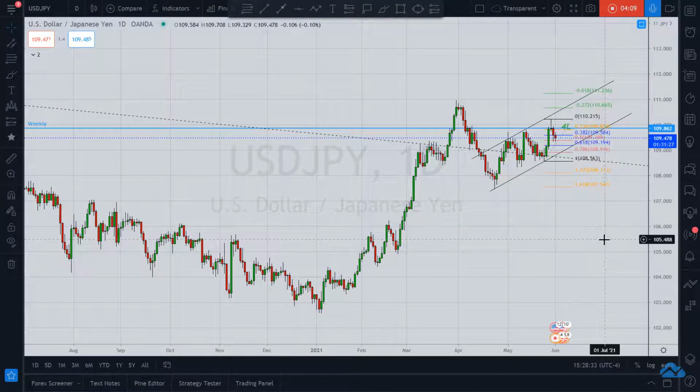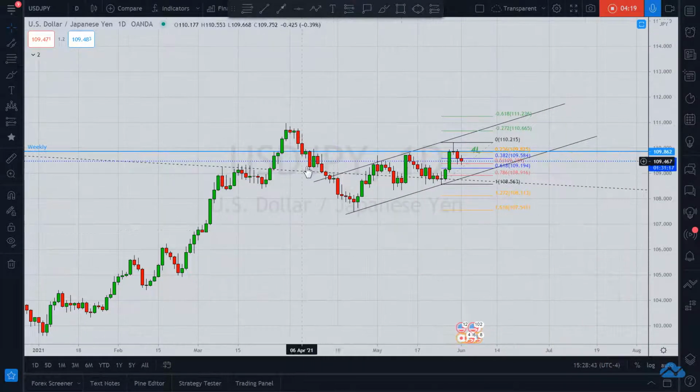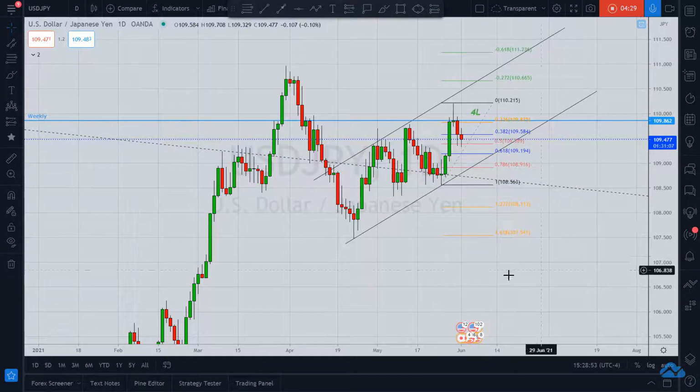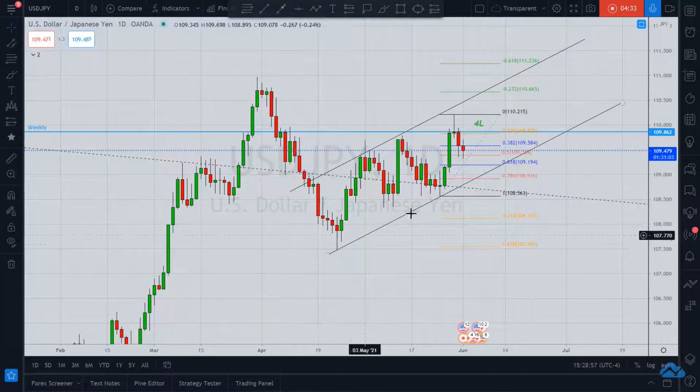Right at this very moment, the yen is stronger, but of course that's subject to change, and I'm looking for more USD strength against the yen. You can see that we've been in this ascending channel here with touches here, touches there, touches there, touch there. All right, two on each side. So I'm looking for a third touch at the very least, right? And this looks like a healthy and respected area.